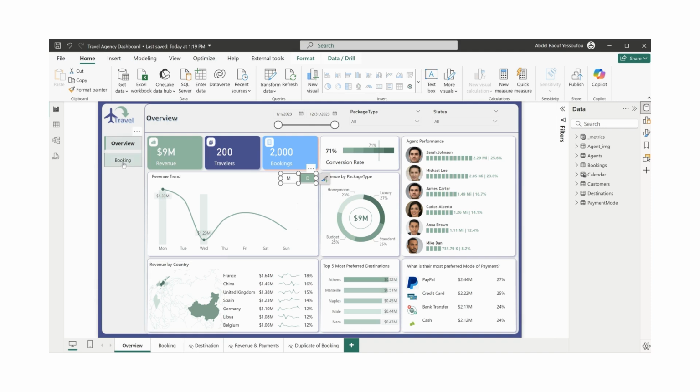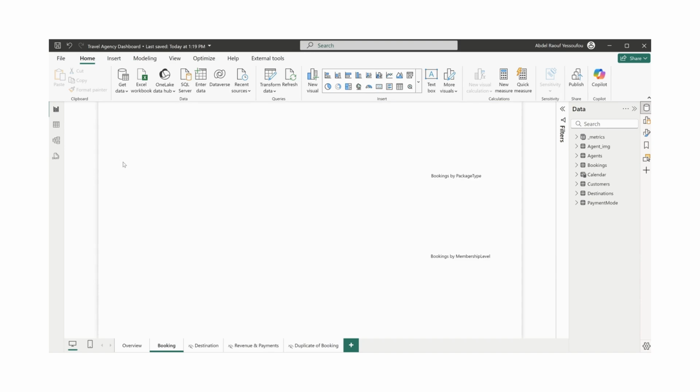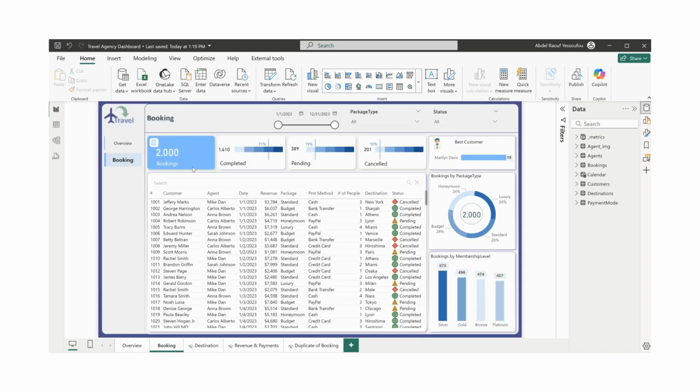On the second page, which is for booking, we have the number of bookings here, we have completed booking and their rate, we have the pending booking, the cancelled one. Here we have the best customer, we have down here the list of our bookings, we have the bookings by package type, and then the bookings by membership level. Okay, so